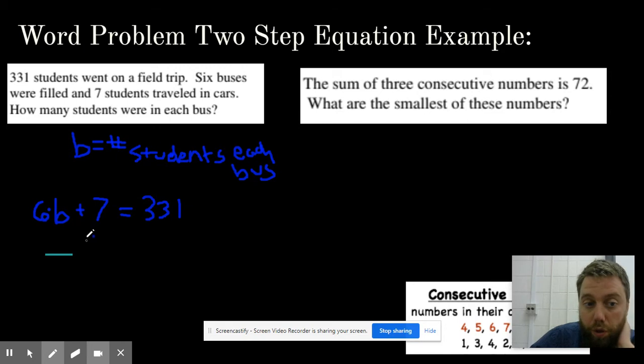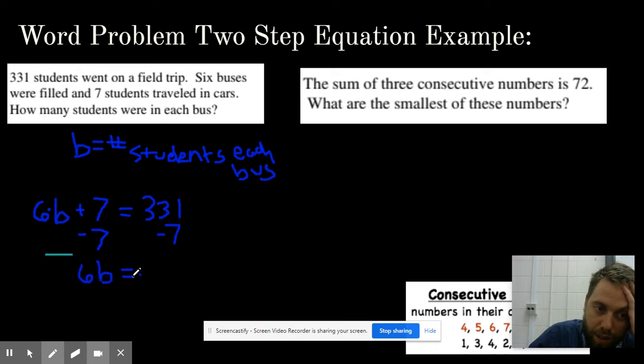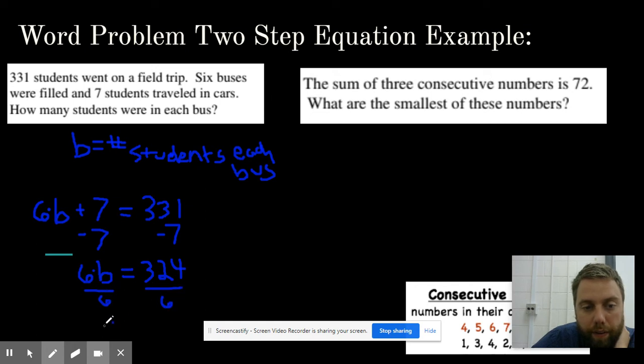In order to solve this, we're going to do our inverse operations, and we're going to subtract the 7, working from the outside into the b. Subtract 7 gives us 6b is equal to, and if we subtract 7 here, that's going to be 324. 331 minus 7 is 324. Cool. And because this is multiplied, we're going to divide and divide, giving us b equals